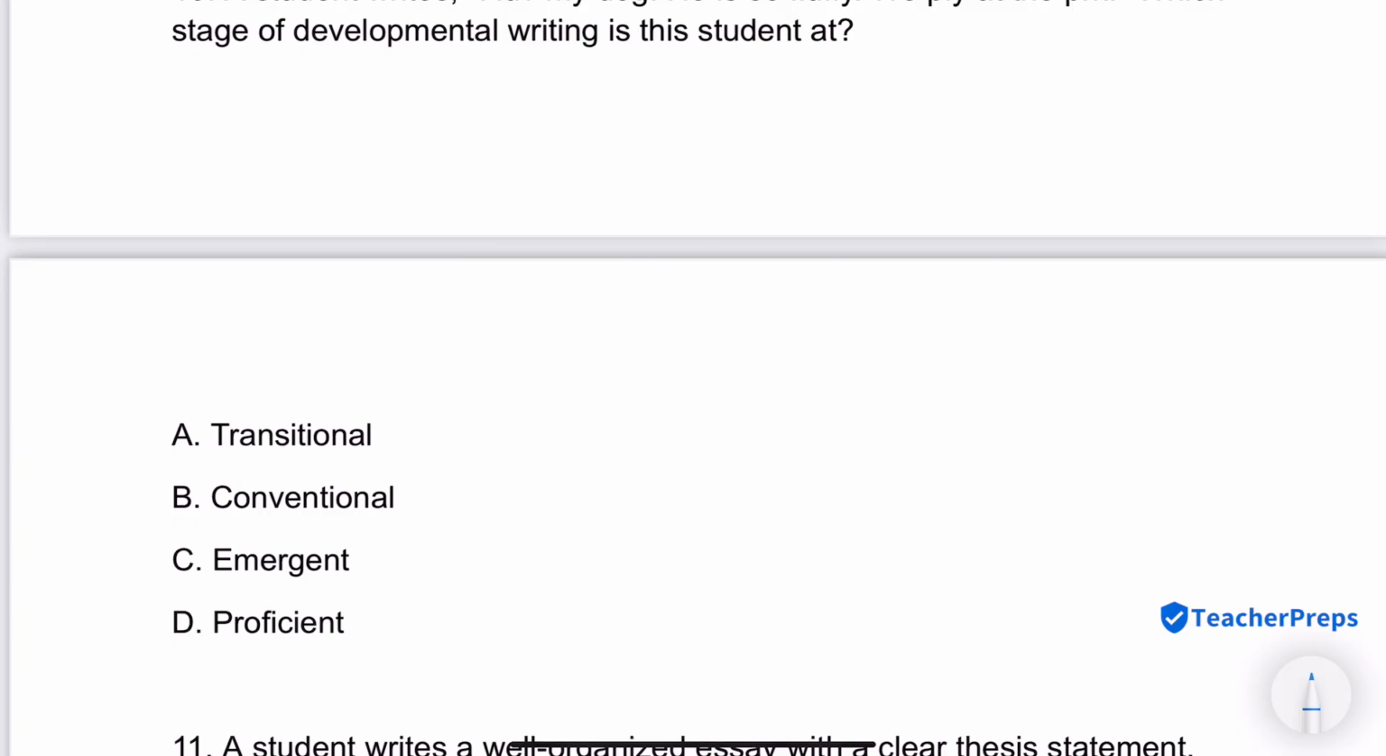Another really important example for your elementary teacher certification exam. This is a classic writer's stage. Remember, there are different stages of the writing process that you'll need to know. And this is an emergent writer, and you can spot it using the inventional spelling and spelling words as how